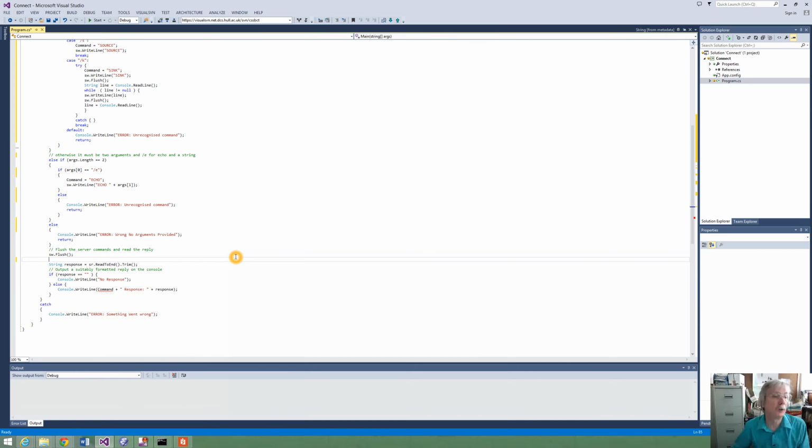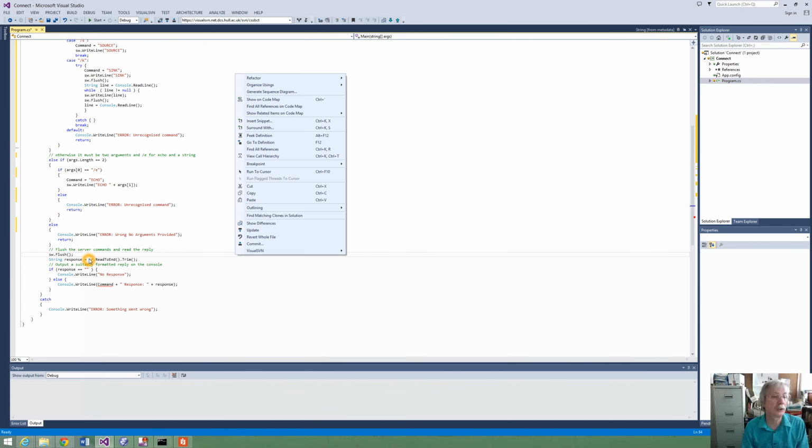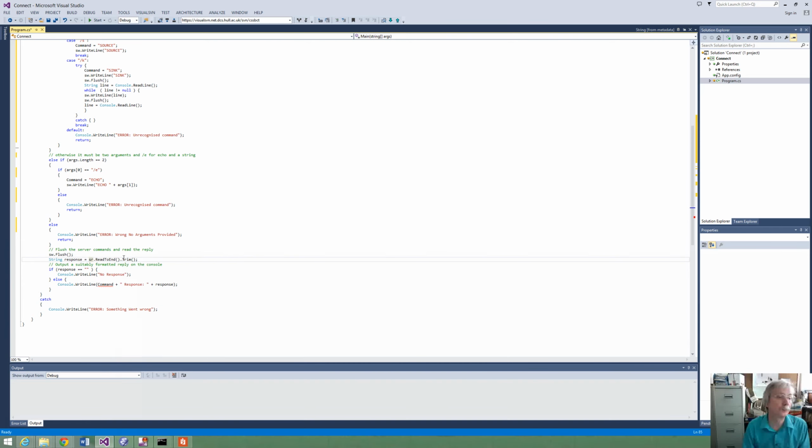So if we read the response on a line by line basis, we can do read line and then a trim,